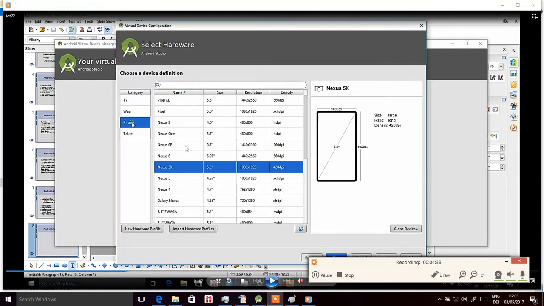These are the names of the profiles, this is the size of the profiles, and this is the resolution of the screens. This is the DPI ratio. The size is measured diagonally like this. For example, from this end to this end is 5.2 inch, and this length and breadth is in pixels, and the DPI ratio will define